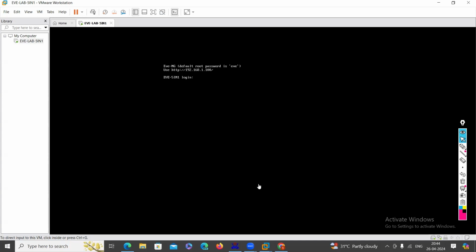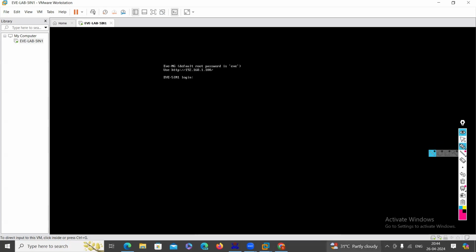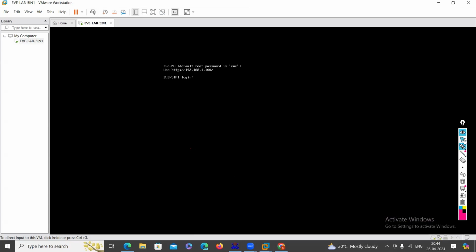So let's go to today's session. It's uploading the image file into the EVE-NG. So how to access, what is the default credential when you're trying to access your EVE-NG operating system, right? You can access that EVE-NG operating system with two console types. One is the GUI method, another one is the CLI method. And the GUI method you can access